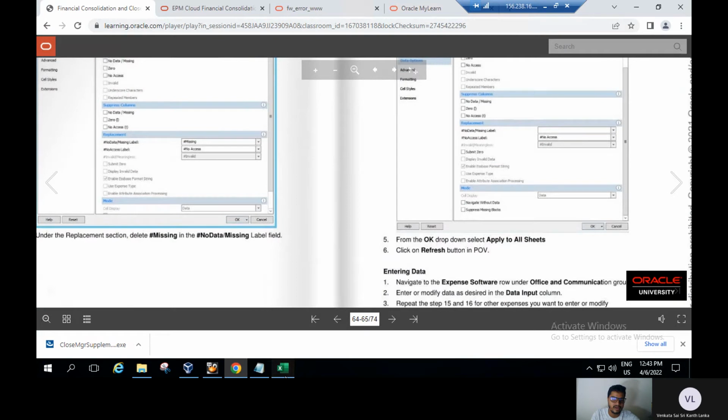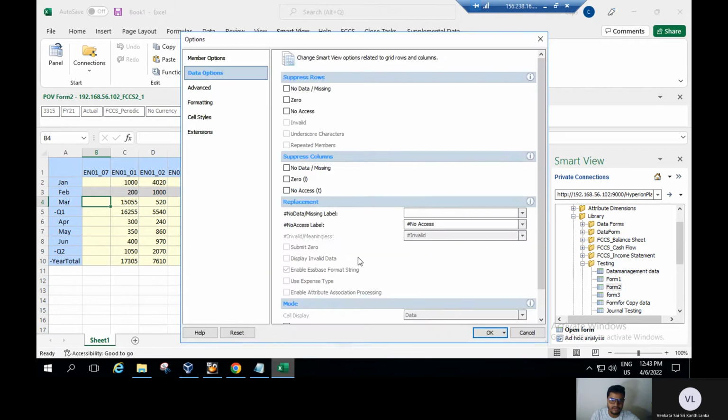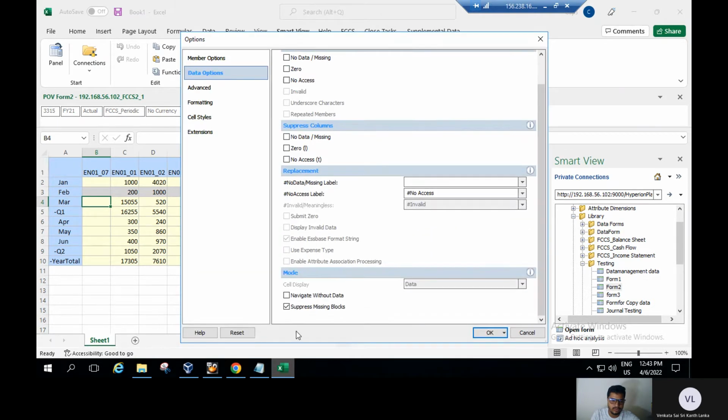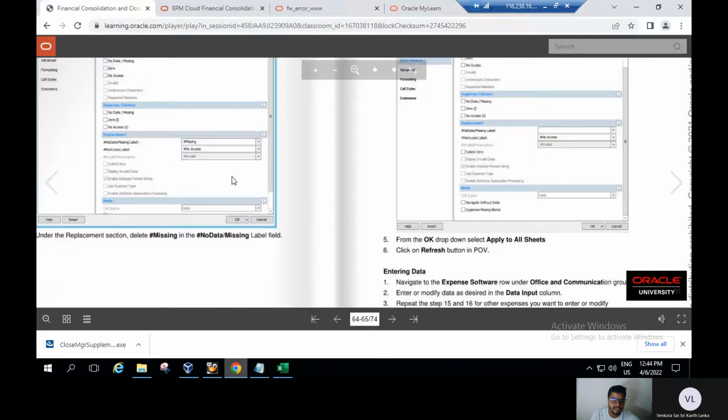So we will go to the Smart View here and we will select the form. So again we'll go to the options and we will go down and we will uncheck the suppress missing blocks here and we'll click on OK. So if any missing blocks are there in this data form, those missing data blocks will be removed. So we will use that missing data blocks option from here. So after this we will go to the activity guide,